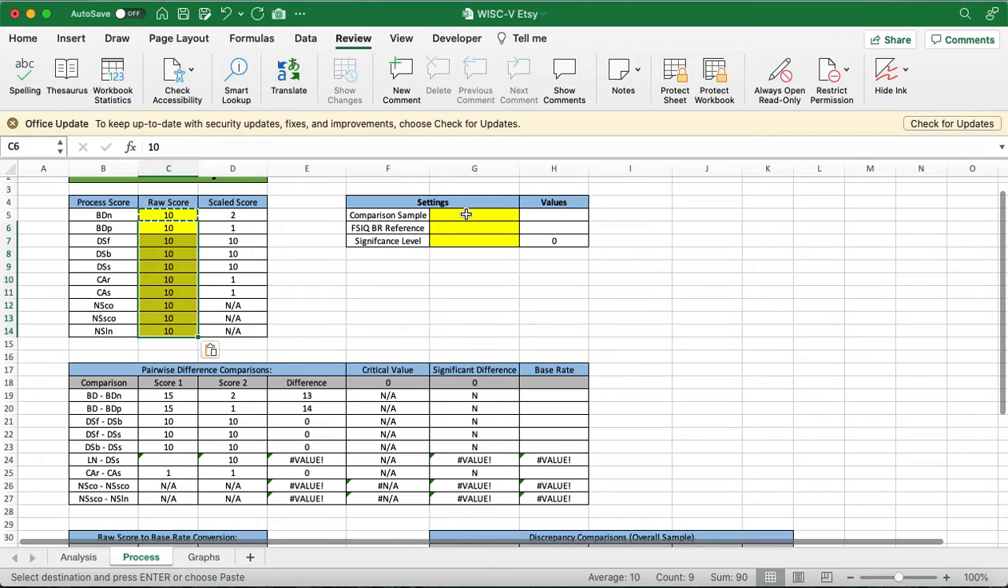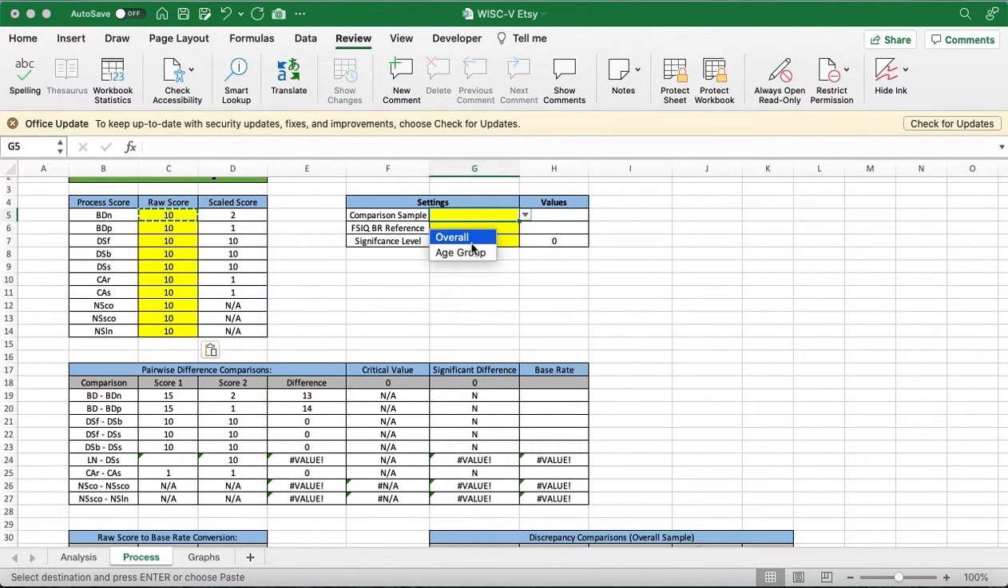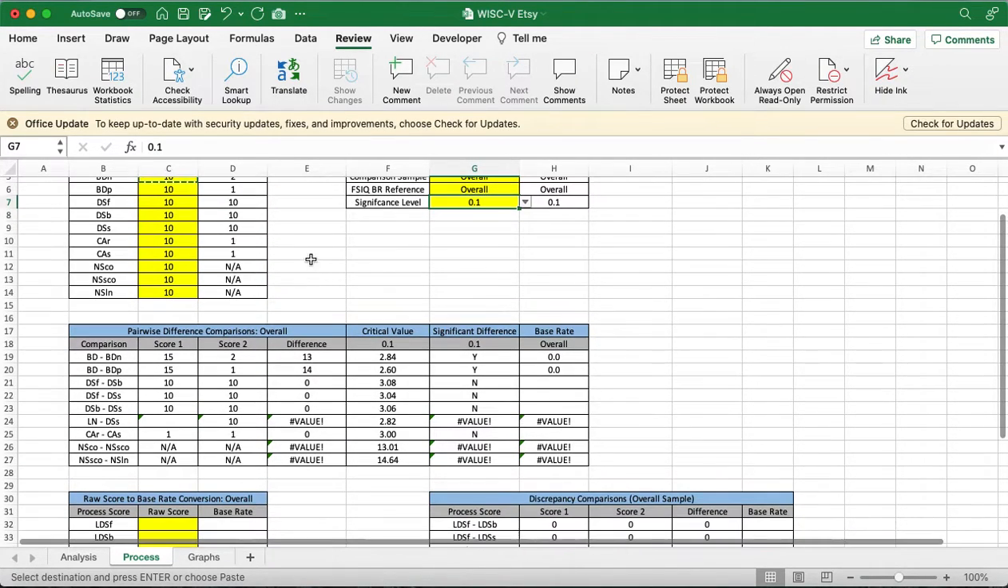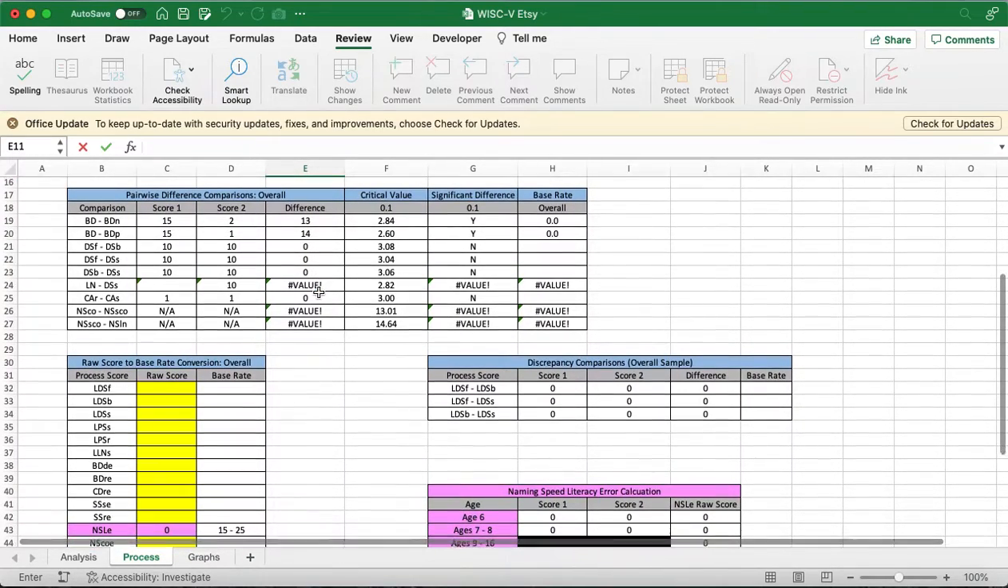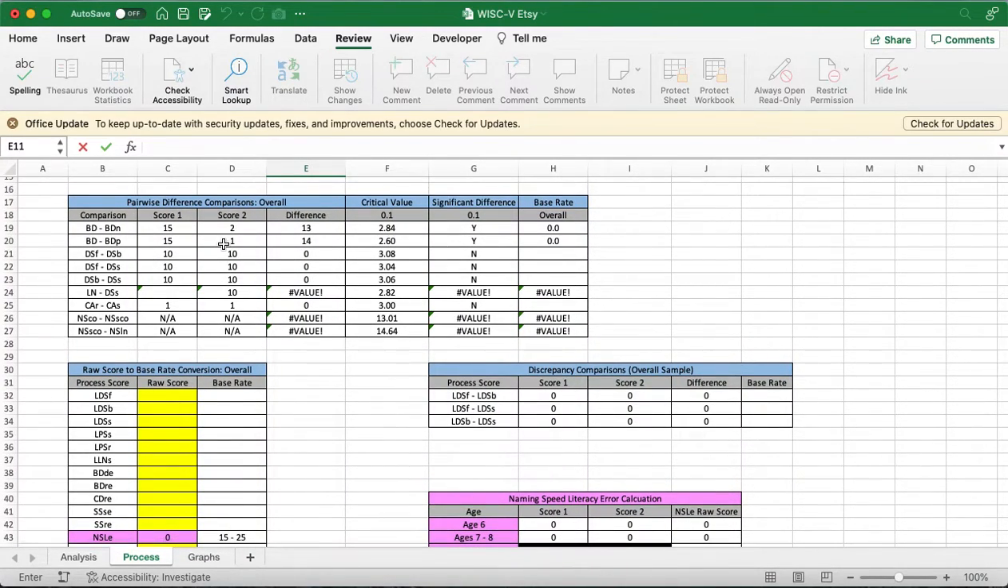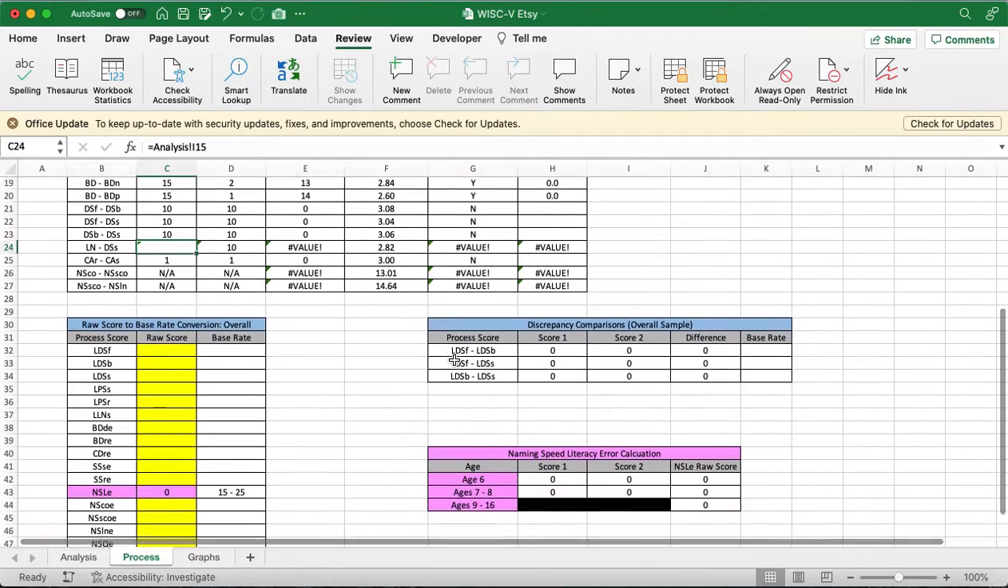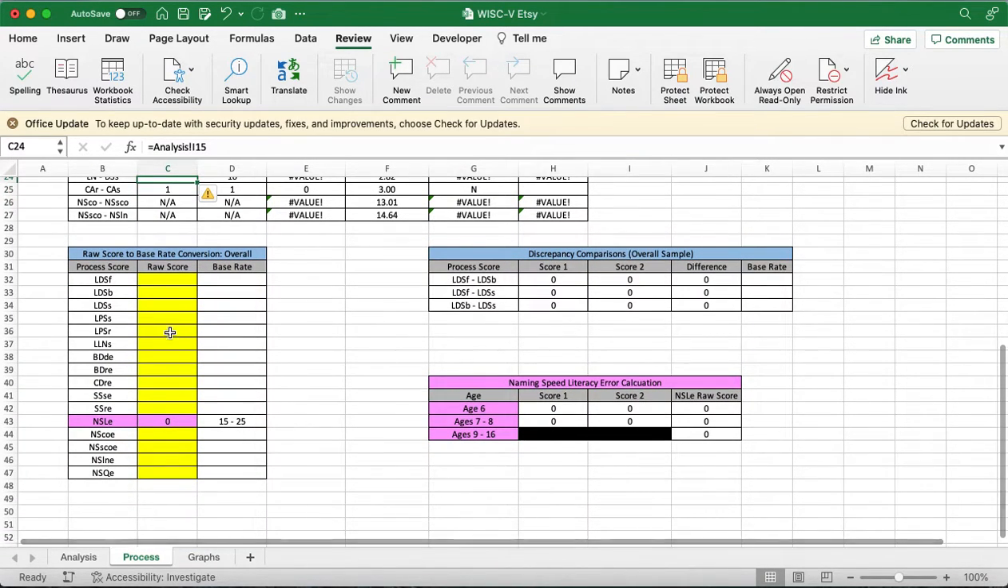Let's see, so we'll also have more settings here. Let's just do overall this time just to show you. And we'll do a 0.1 significance, why not? So now we can see that these pairwise differences have been completed. Since this patient's 16 years old, it's not going to use these two lower ones. And again, since letter number sequencing wasn't used, it's left blank there, so that's why we're seeing a missing value. But if you did have letter number sequencing, it would auto-populate with the base rates and whether or not they're significantly different. And just on this last one,